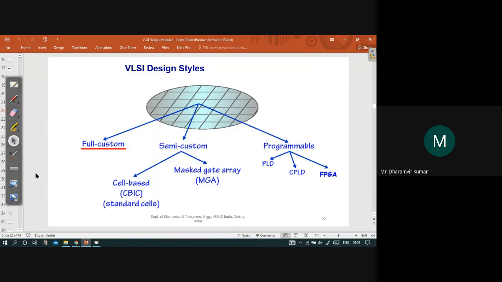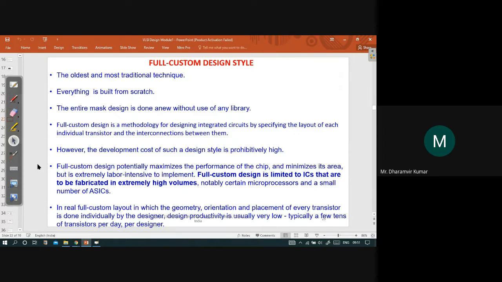We saw that this full custom design style is an approach which starts from the very beginning. It starts from the zero level, and it builds all of the things that are required for designing a chip right from the library.